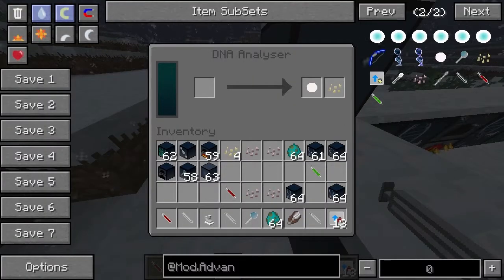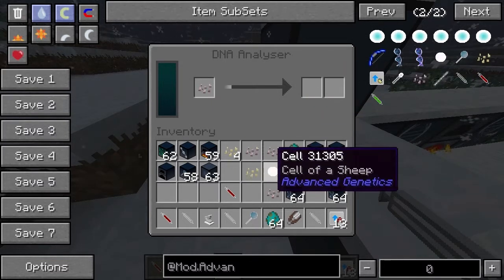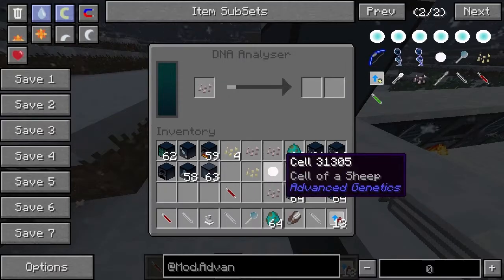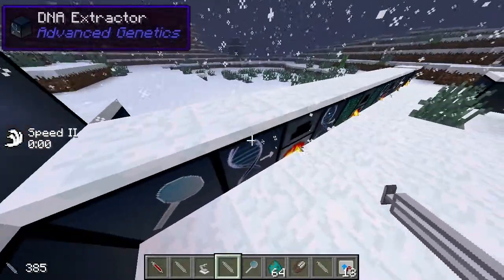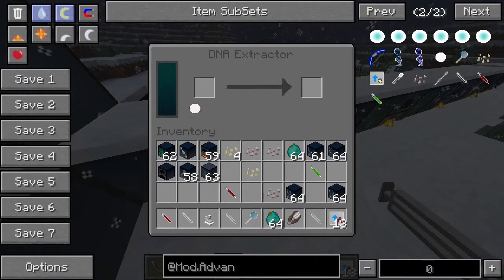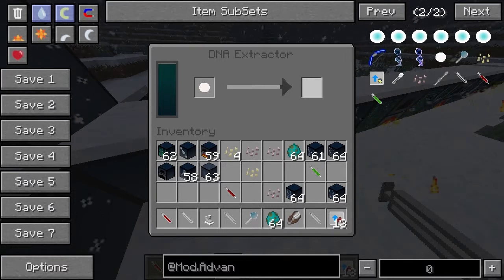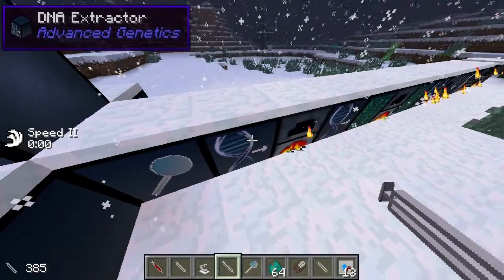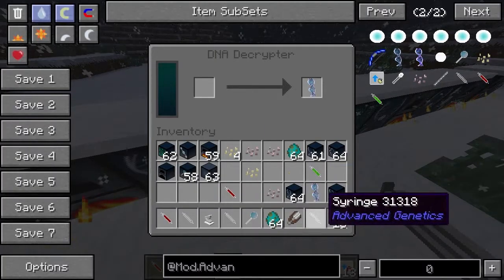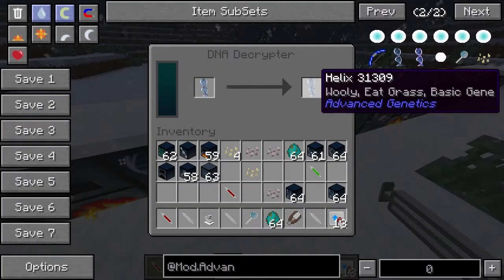But yeah, what we do is we put the scales in here, and when we put it in, we get a cell. Yeah, and just to explain the basic process, when you put in the scales, we get a cell in the analyzer, and then we go towards the extractor, and we put the cell in the extractor, and from there we get a piece of encrypted DNA. So with the encrypted DNA, we take that and put that in the decryptor, and from there we'll get